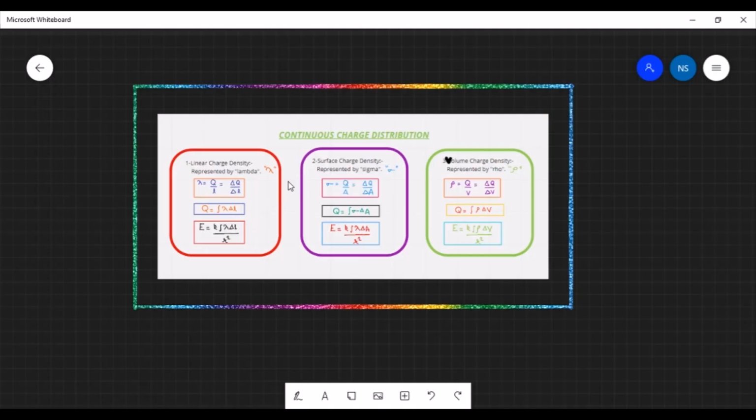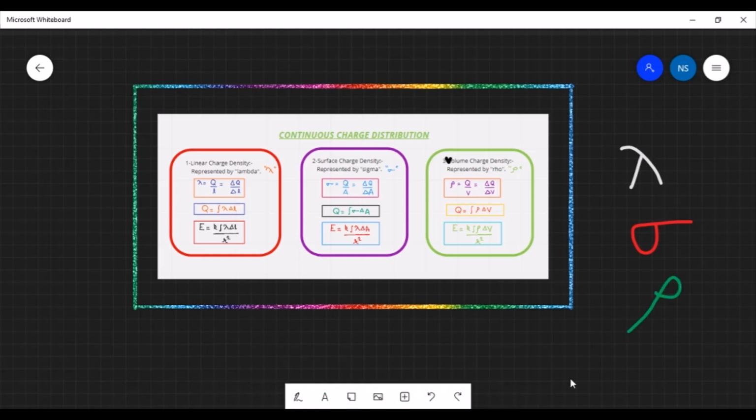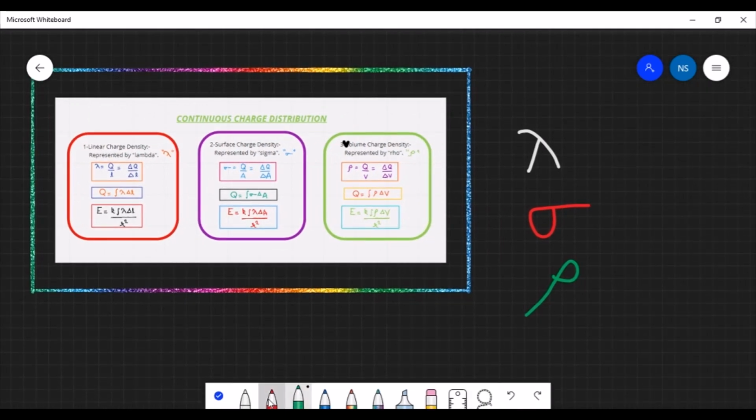Now let us revise what we have learned. We have learned that there are three types of continuous charge distribution: linear charge density, surface charge density, and volume charge density. Linear charge density is represented by lambda. Surface charge density is represented by sigma. Volume charge density is represented by rho. So these are all charge densities, and they are easy to remember. We can think of charge density like normal density, which is mass upon volume. Like that we think of charge upon